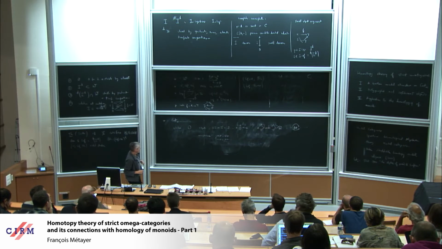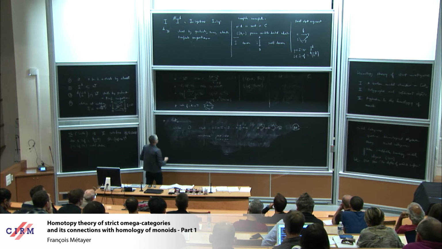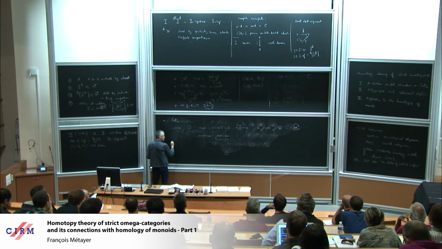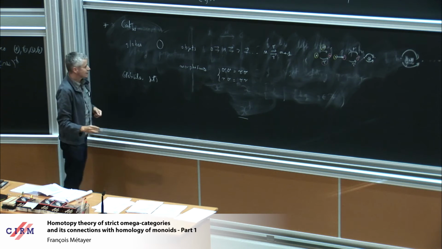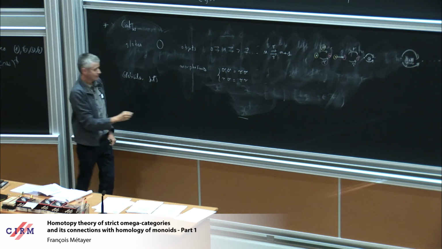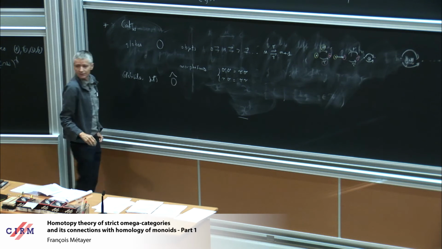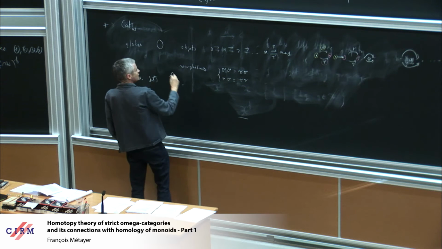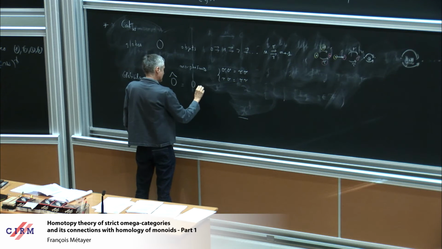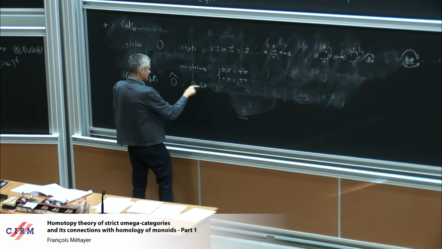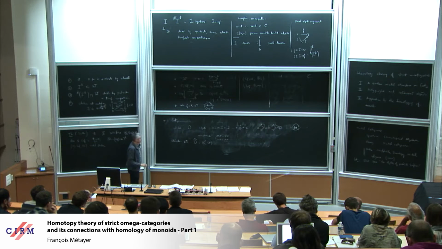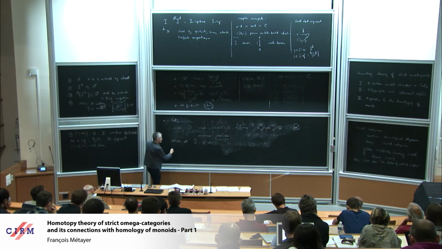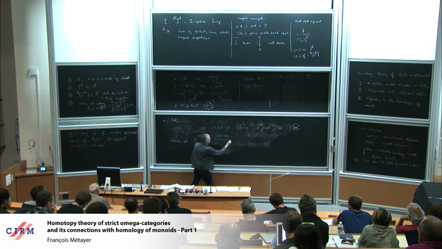So these are the globes. The globular sets are presheaves on O. That is, contravariant functors from O to Set, so O hat, Set here. And a strict omega category